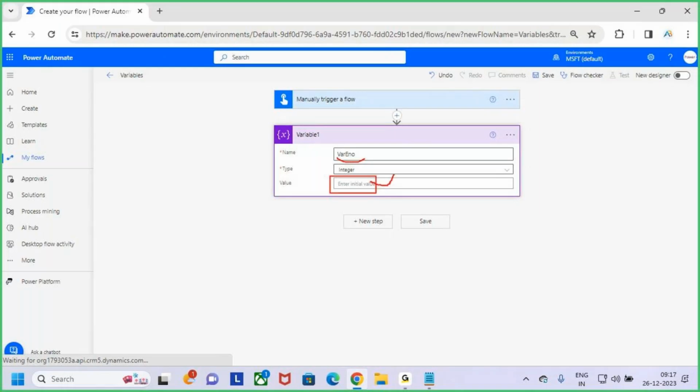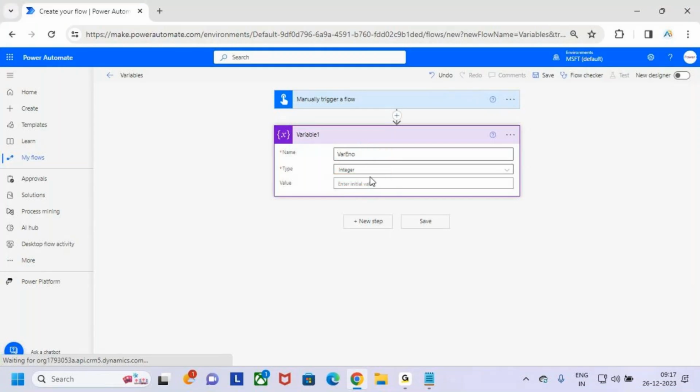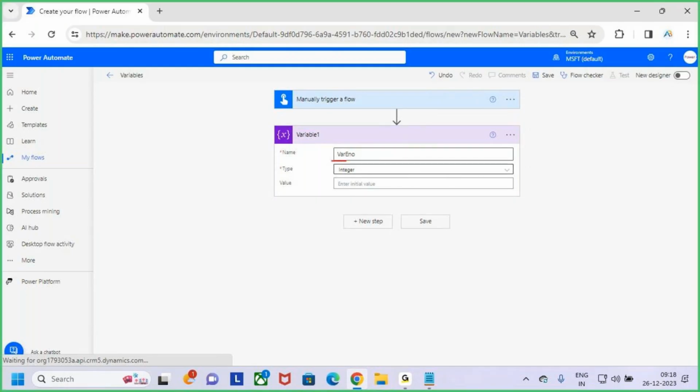If I pass the value 101 as the employee ID, whatever value I pass here is the default value. If you want to change the value of this variable in future, yes, you can. How to change it, meaning how to assign another value to this variable, is to go and click on